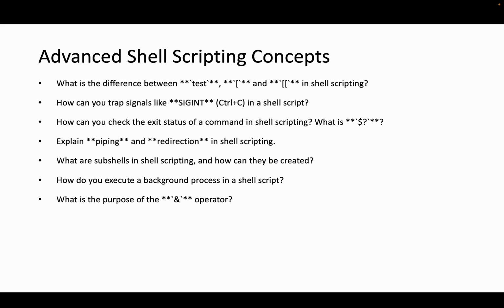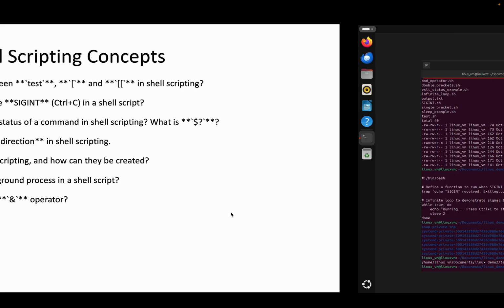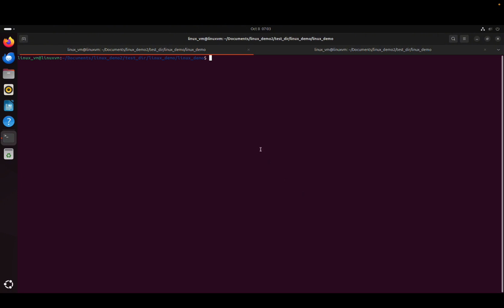How do we execute a background process in a shell script? To run a command or script in the background, use the ampersand operator at the end of the command, as we have already discussed in our previous file command section. This allows the command to run without blocking the terminal or script from continuing. For example, let's take a look into